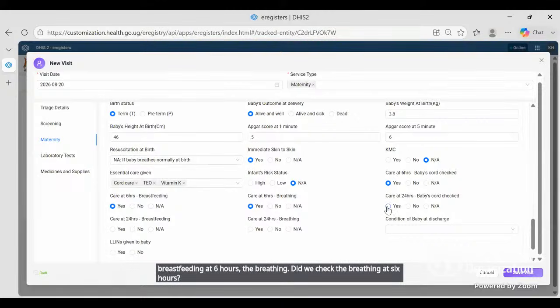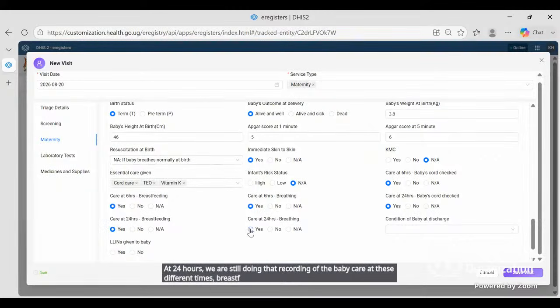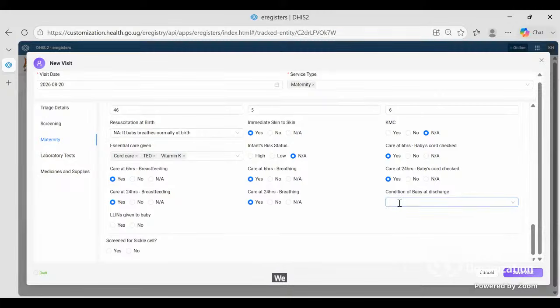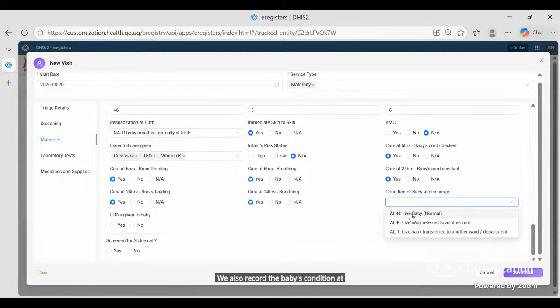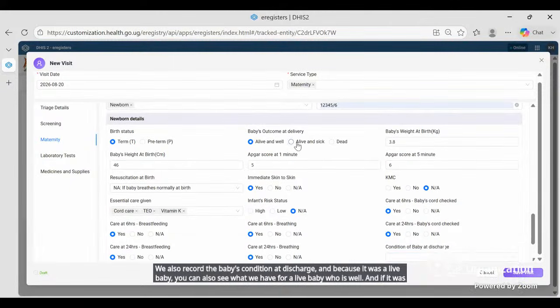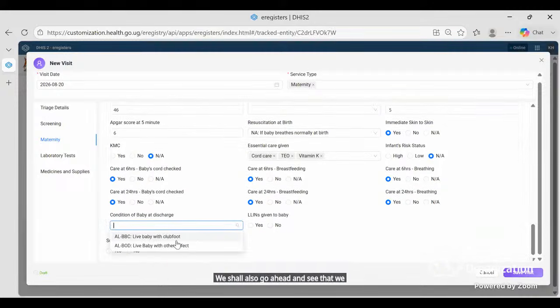At 24 hours, we are still doing that recording of the baby care at these different times. Breastfeeding at 24 hours, breathing at 24 hours, did we check the baby's breathing at that particular timing? And then we also record the baby's condition at discharge. And because it was a live baby, you can also see what we have for a live baby who is well. And if it was a live baby who is sick, we shall also go ahead and see that we have some other different